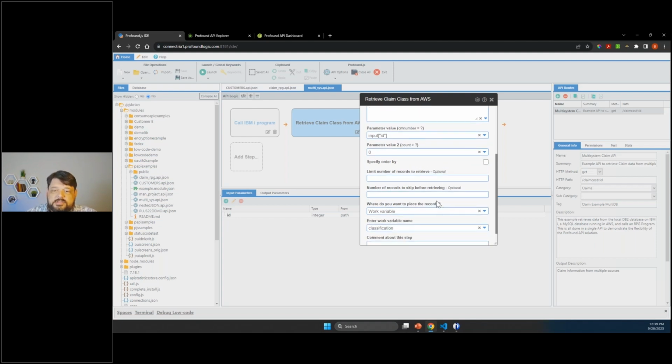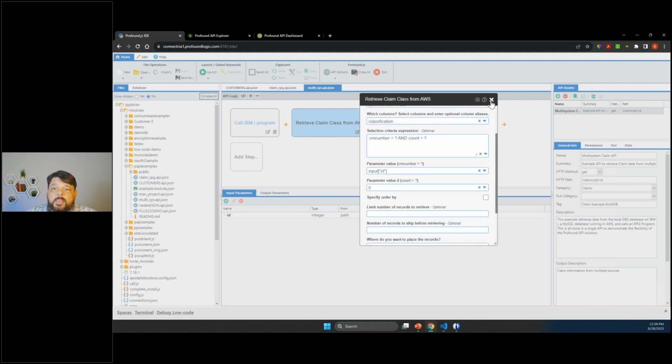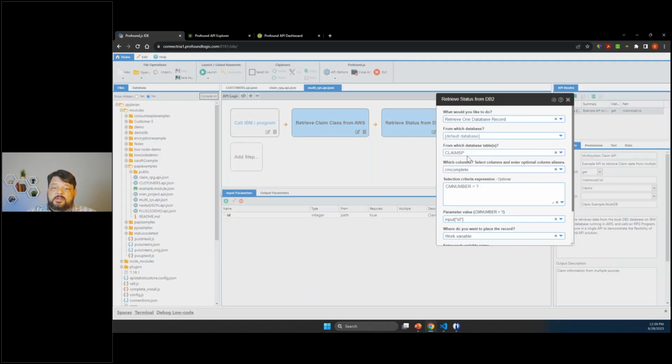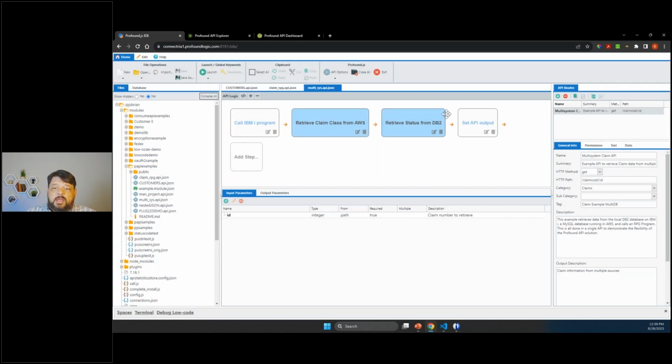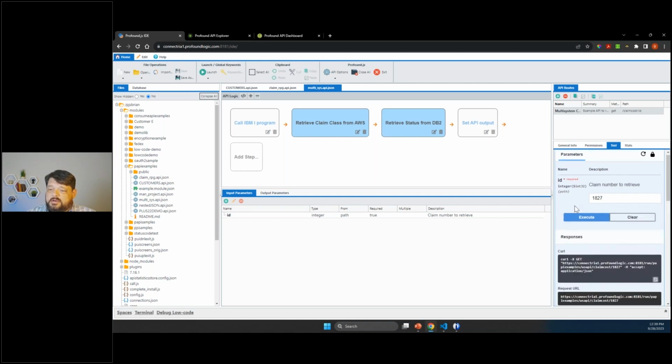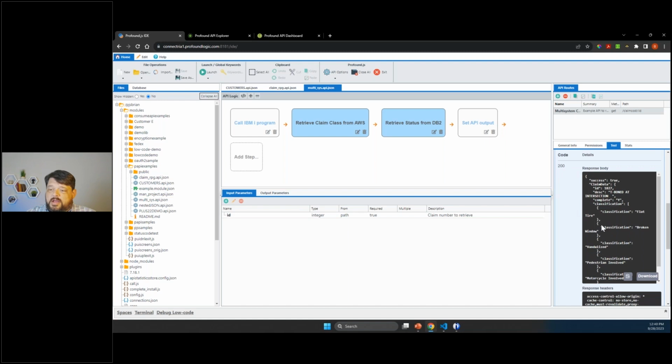And of course, we have all these different options here about what we want to do. So I can call my IBMI program. I can retrieve some data from the cloud. And I can also retrieve some local DB2 data here from a different table. And we're going to put all of that within a single API on my IBMI. And so let's flip over to our test and run that. And you'll see here, very quickly, we got a response and we got all the data from all the different places into our JSON response.